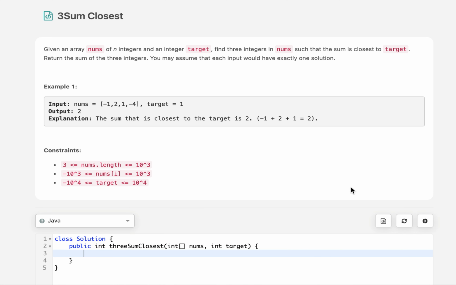In this question we are given an array of integers and we need to tell the sum of those integers where the sum value is closest to the target one. Let's try and understand it via an example. We are given an array of 4 numbers -1, 2, 1, -4, and the target value is 1. The output comes out to be equal to 2, where we include 3 elements as -1, 2 and 1, and the total sum becomes 2, that is closest to the target.